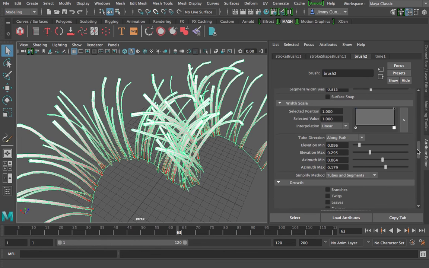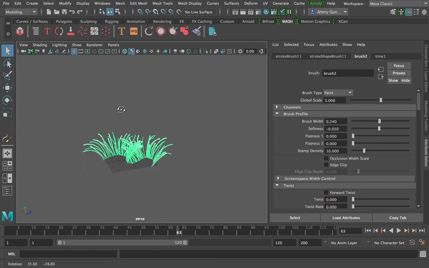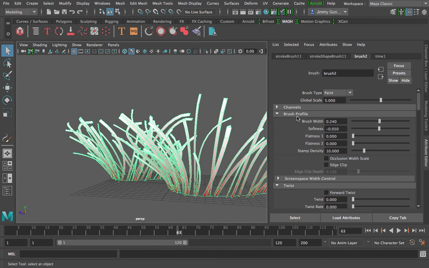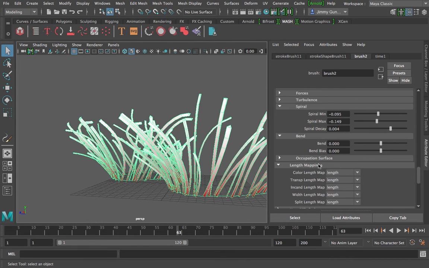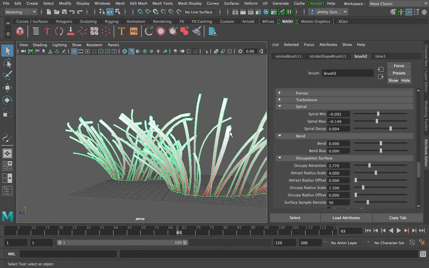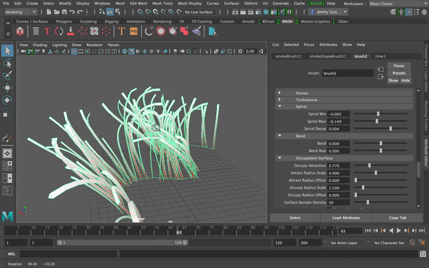Limited to this attribute, and for a developer to modify this, they need to know MEL scripting, and yeah, it's like a different kind of